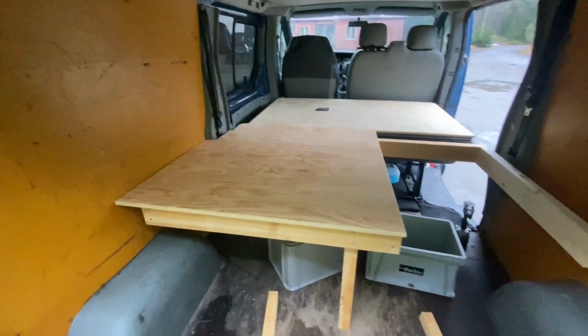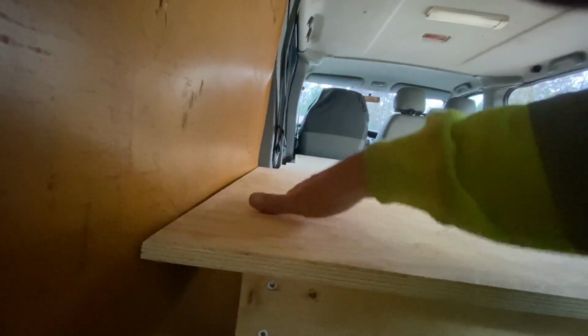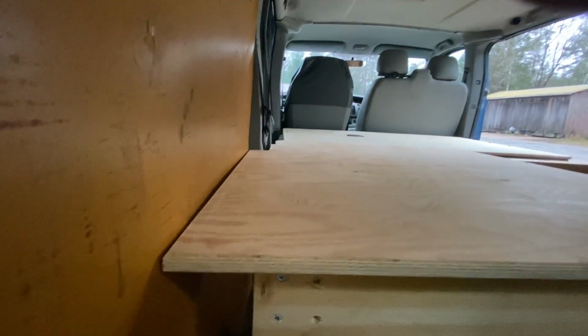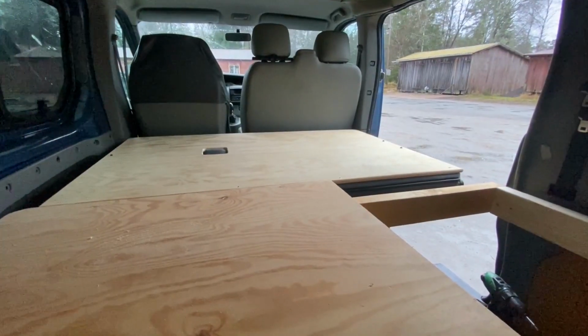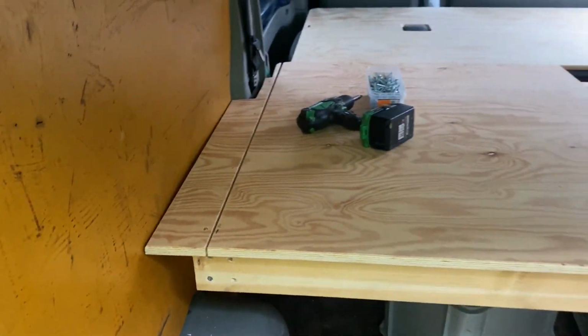We see. But now I have been cutting up this board here, and now I'm gonna cut it off here all the way and put the hinge on here so I can lift up this one like that, and inside here it's gonna be some kind of box for sun chair or something. There I have made a cut. I'm gonna put some hinges on there. I bought yesterday